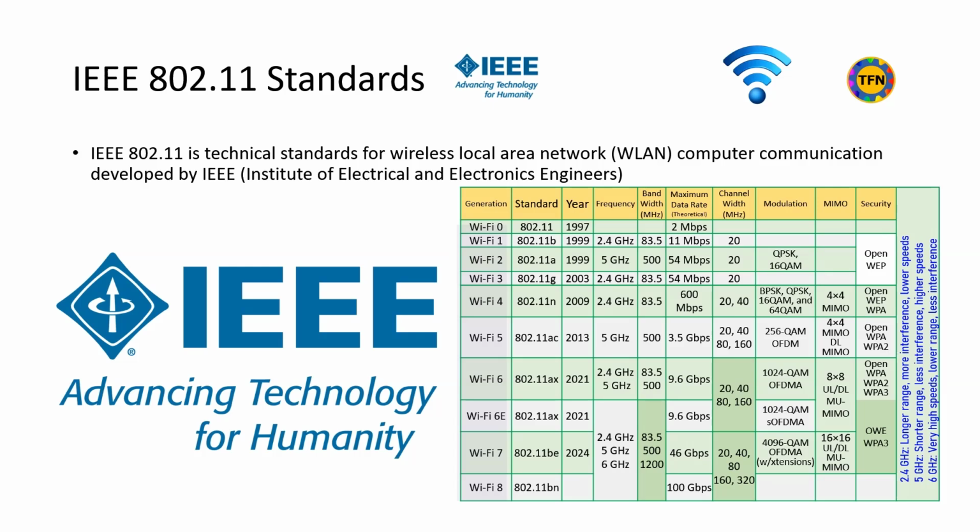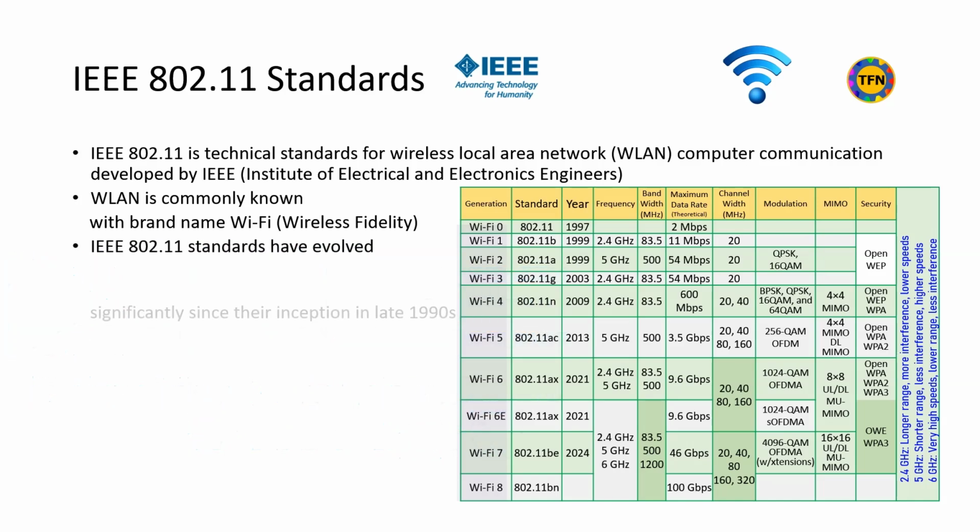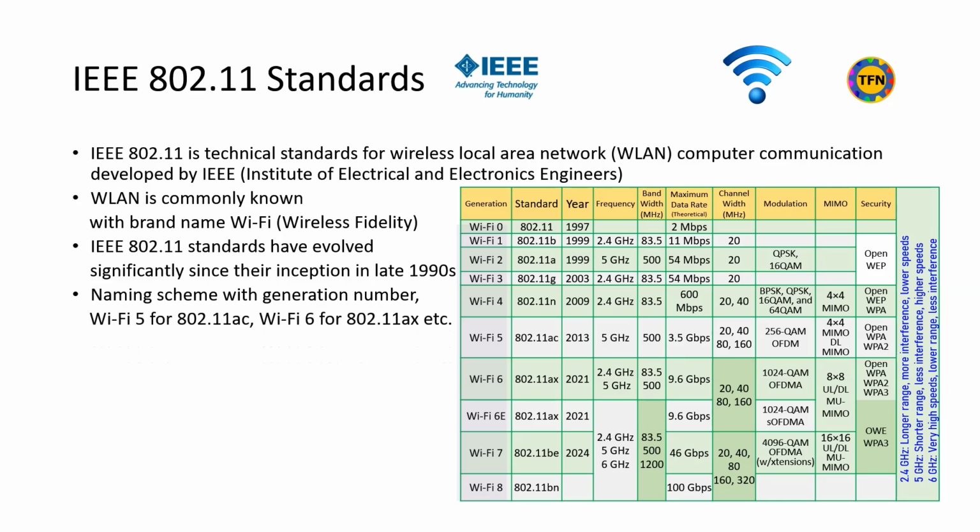IEEE 802.11 is the technical standard for wireless local area network computer communication developed by the Institute of Electrical and Electronics Engineers, IEEE in short. Wireless local area network is commonly known by the brand name Wi-Fi, meaning wireless fidelity. IEEE 802.11 standards have evolved significantly since their inception in the late 1990s. A naming scheme with generation numbers, such as Wi-Fi 5 for 802.11ac and Wi-Fi 6 for 802.11ax, is used for Wi-Fi standards